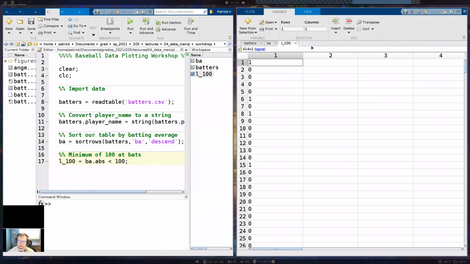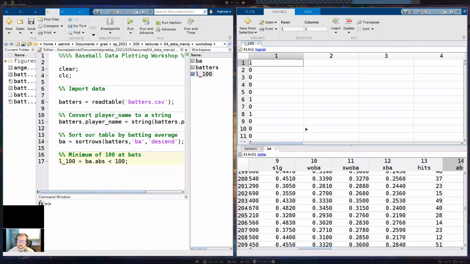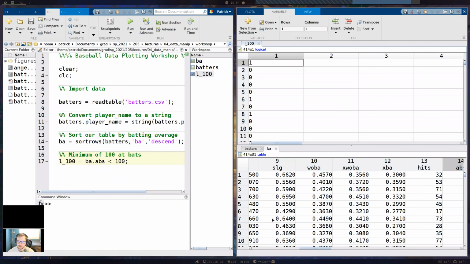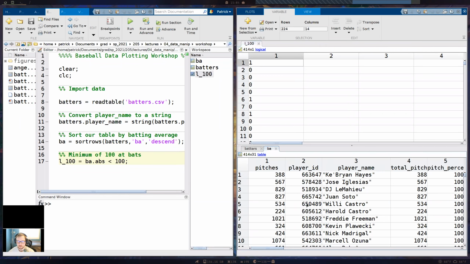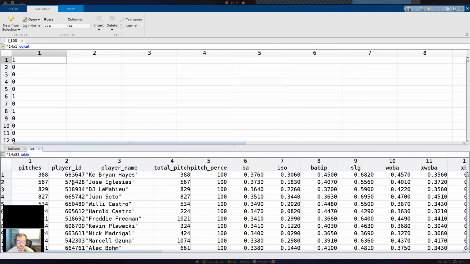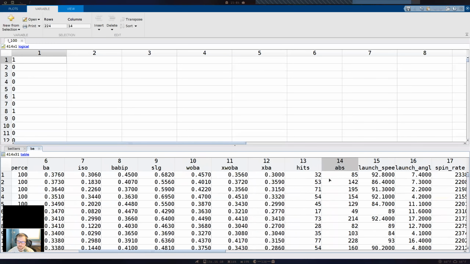So let's take a better look at this here. Okay, so again, we're looking at this column over here. Let me go to it. At-bats. And we want to check if it's less than 100.